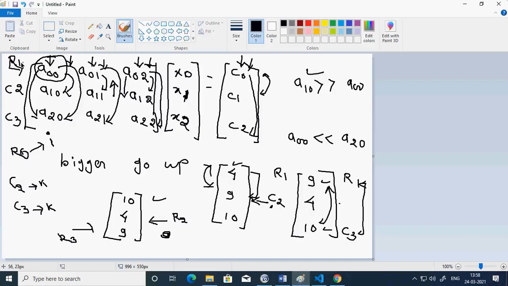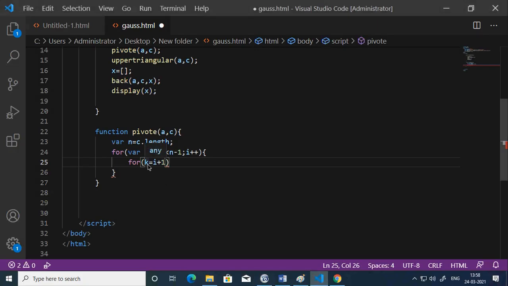If my reference row is 1, my comparative row will always be greater than 1. They both will never be equal. So the starting value is always greater than 1. So C will always start from 2. It will never start from 1. So I am using a variable K for the comparative row, and therefore I am initializing it with I plus 1.